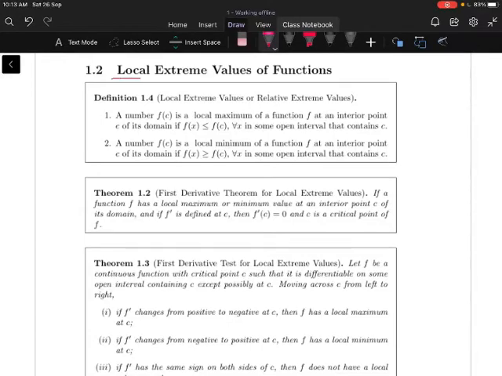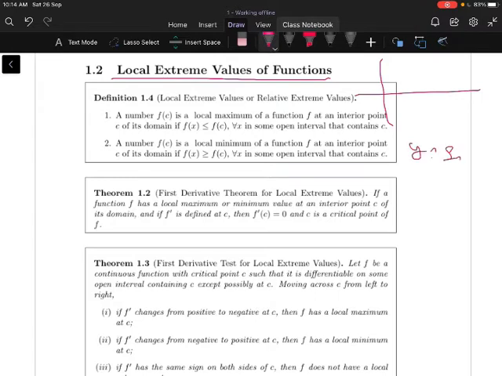Now let us move to the local extreme values of a function. In mathematics, local extreme is nothing but either the maximum value of the function f, or the minimum value of the function f, or both the maximum as well as the minimum. For example, let us take the function